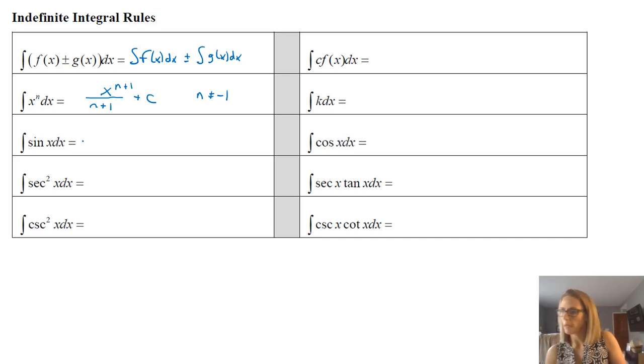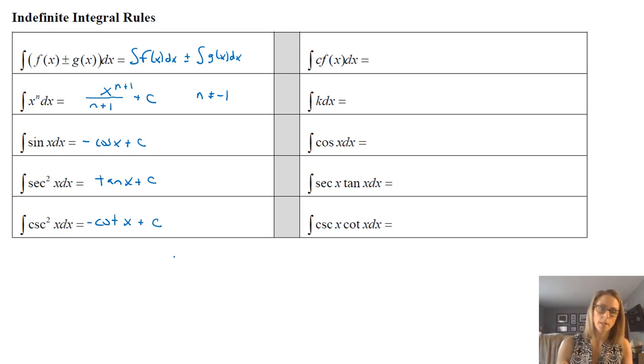All right, antiderivative of sine: we want to think about what we take the derivative of in order to get sine, and that's going to be a negative cosine plus C. Again, you're welcome to think about what these are, put some answers, and then come back and take a look at what I'm doing. Here, cosecant squared is going to be cotangent plus C. And we also want to think about the fact that this is going to need to be negative, because the derivative of cotangent is negative cosecant squared, so negative times negative is a positive.